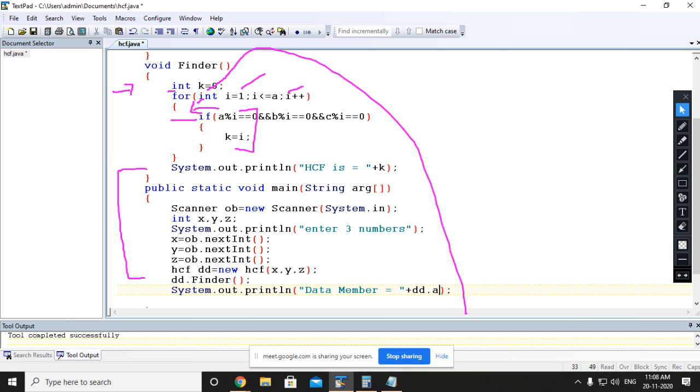So here dd.a means we are accessing the data member A. Here you are printing the value of A. So the value of A and the value of X here must be the same. I will show you how we can access that.